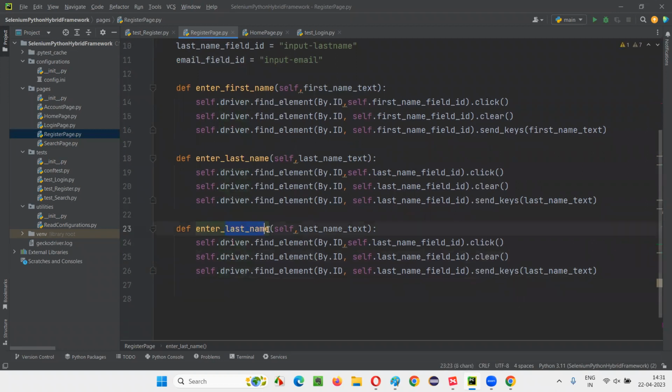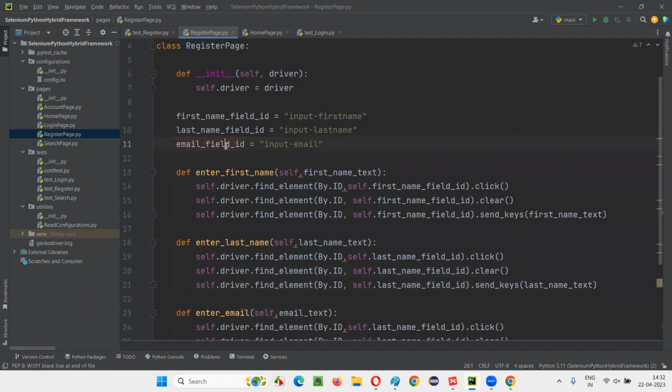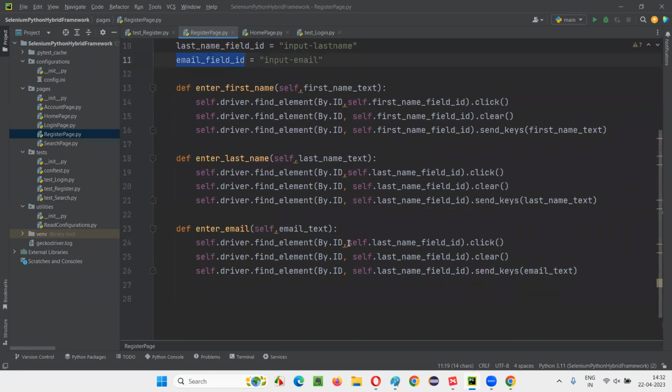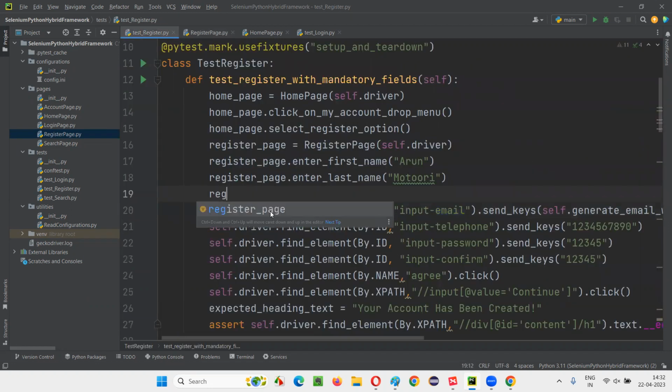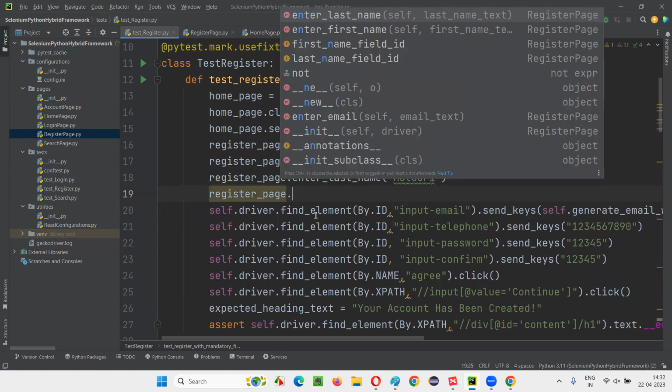And enter email text. Then copy this email text here, and here copy this email field ID, and here self dot email field ID, self dot last name, email field ID, self dot email field ID. That's it. You're going to enter the email here, and that you have to call register page dot enter